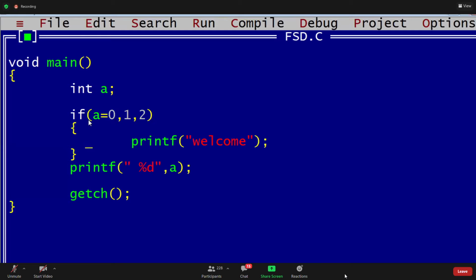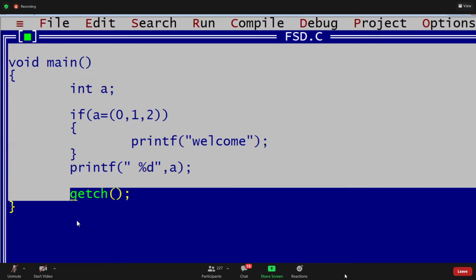But first the assignment will take place. Then 0. Yeah, if you write parentheses here, guys, see this. You write parentheses here. Guys, tell me your output for this.